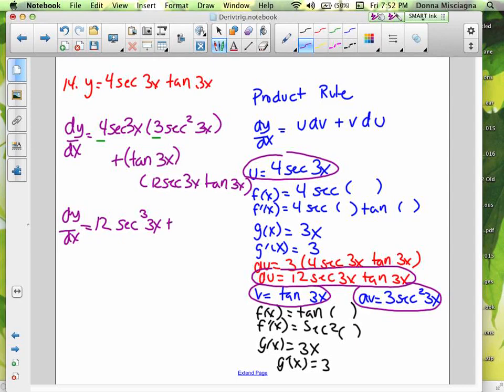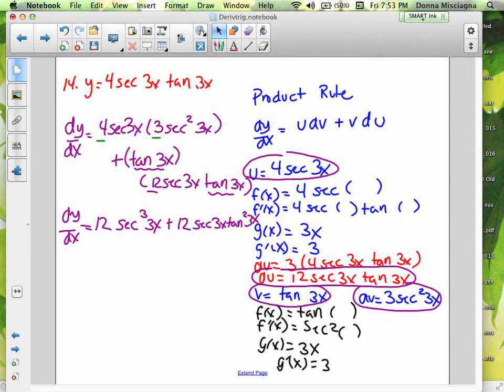And then we have the plus. We've got a 12 here, so let's put the 12 in front. And then we have tangent 3x and a tangent 3x. Let's call that tangent 3x squared. And then we have the secant 3x. So secant 3x tangent squared 3x. I don't think there's anything else we can do,